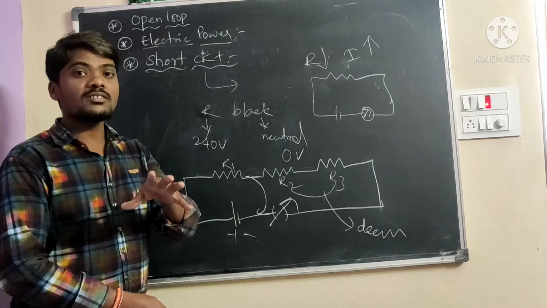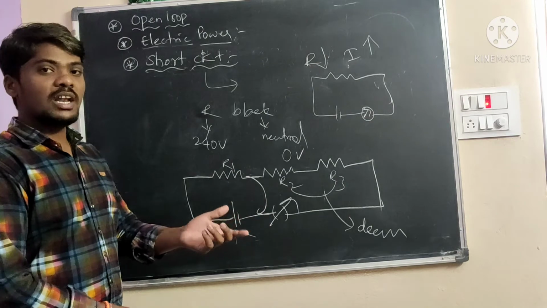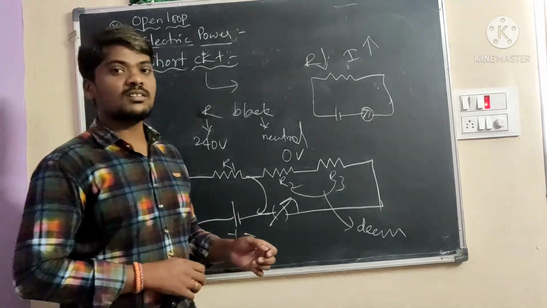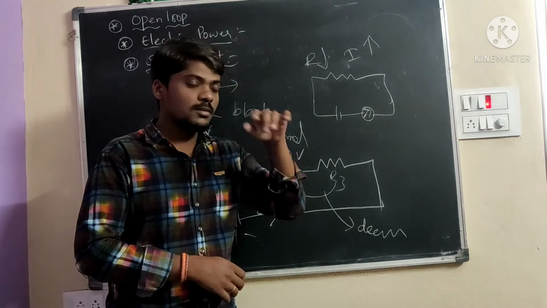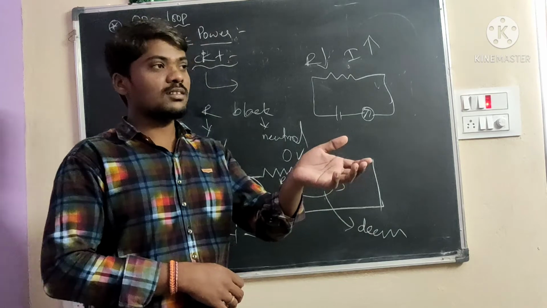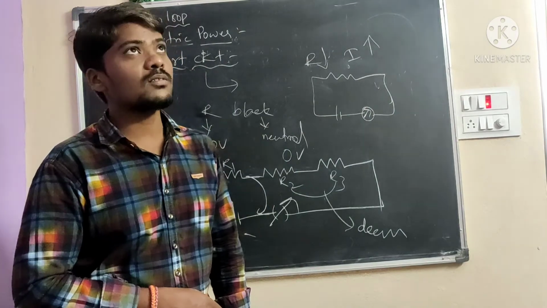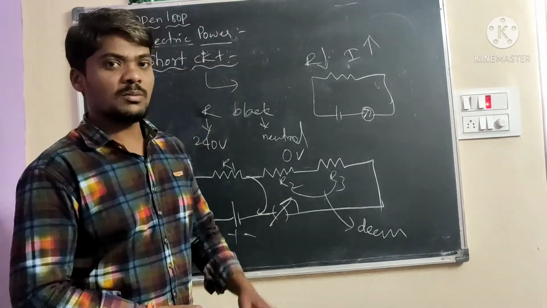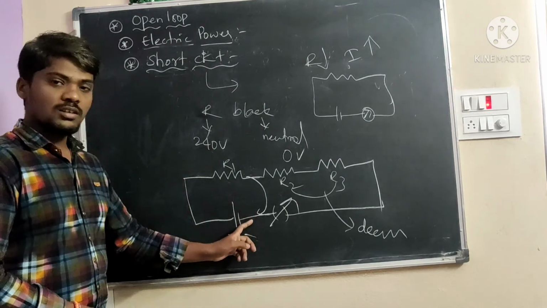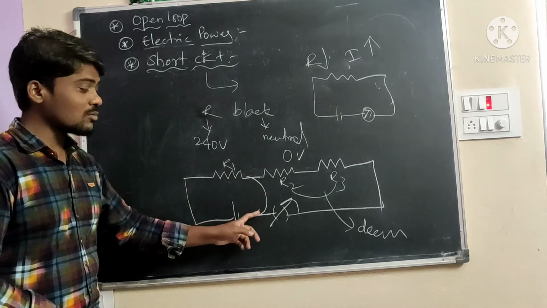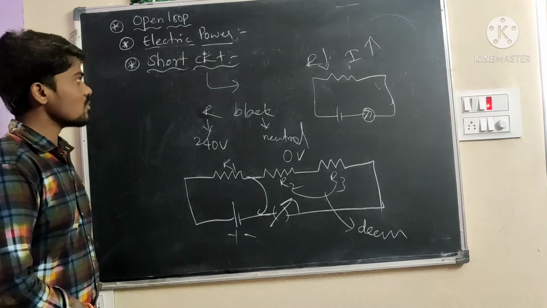Wires will burn. Why will they burn? Due to heating, Joule's law. Whenever current passes through a conducting wire, after a particular time it will be heated. For example, electrical heaters, rice cookers and fans produce heat energy. Here also, more current passes through the wires, and the wire will burn due to the heating effect. This is the short circuit.